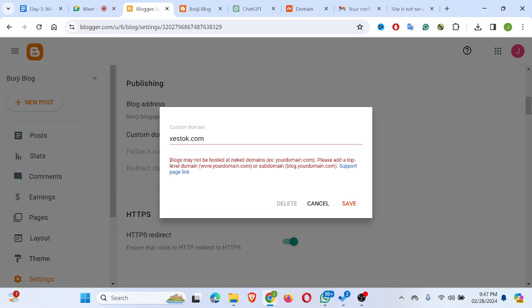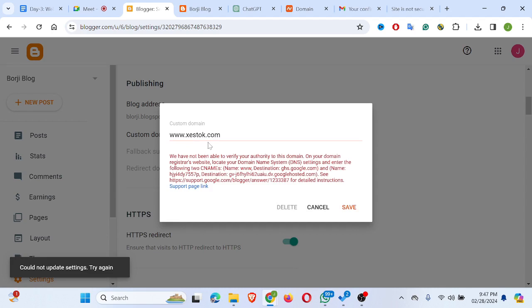So a blog may not be hosted at a naked domain. Example, please add a top level domain. Okay, let's add a www dot, or a subdomain. Okay, let's save this like this. So let's check this. Okay, as you can see, you need to add a www dot your domain. So you have not been able to verify your domain authority in this